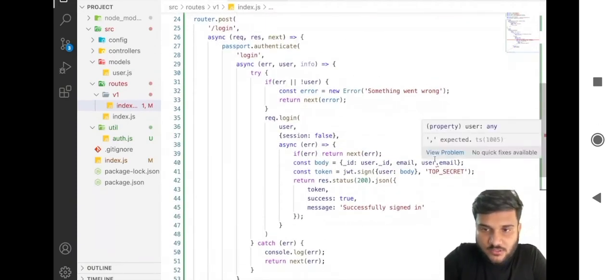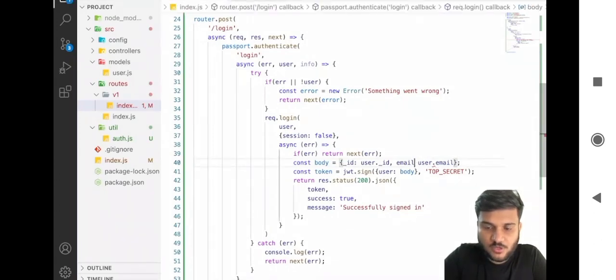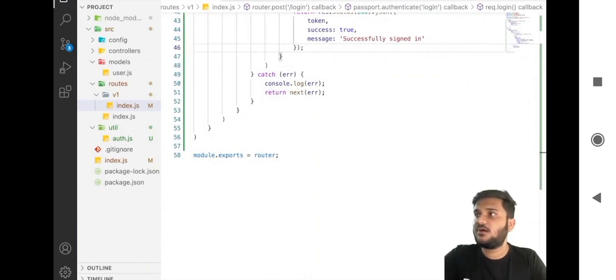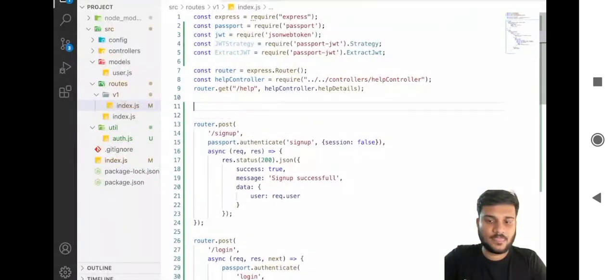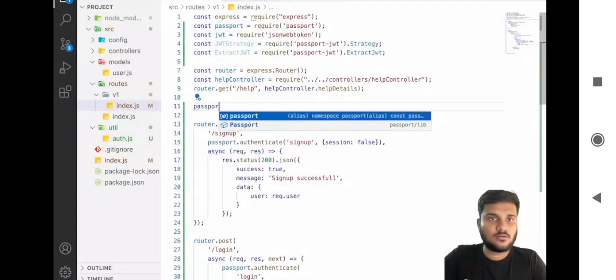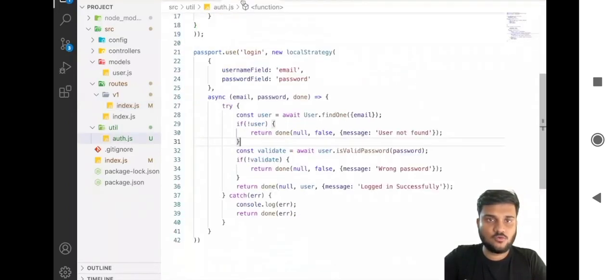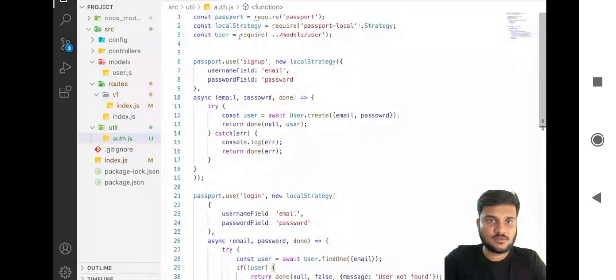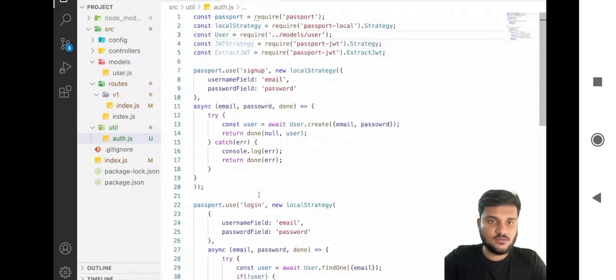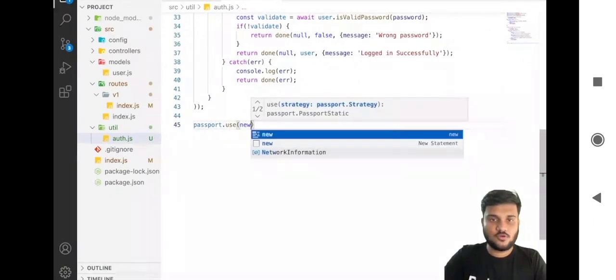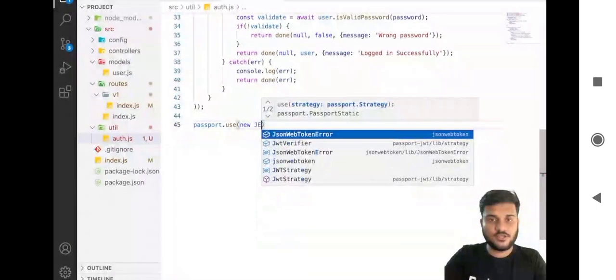Okay, and let's just do one thing. This should be colon user.email. Now let's do one thing. Instead of using them here, we can go to auth.js and we can add these strategies here. So we can say passport.use new JWTStrategy,